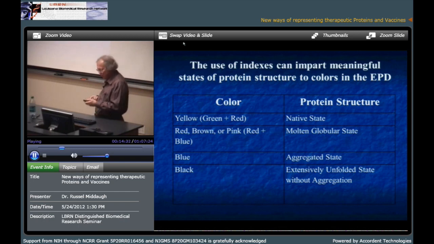And I thought about it a little bit, and here are the 2 solutions we've come up with. You can decide whether they're of value, whether they're just humorous, or people who have seen them have reacted quite differently to them. All right. Now here's the index method right here, in which we assign colors. If the native state is, we use red and green for the native state. When you add them together for the secondary and tertiary structure, you get yellow, etc.